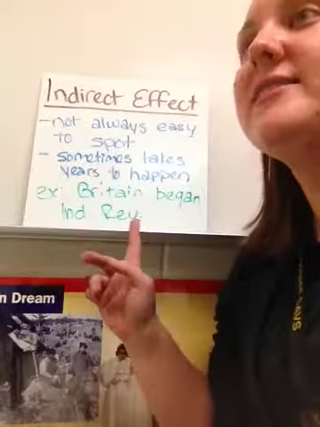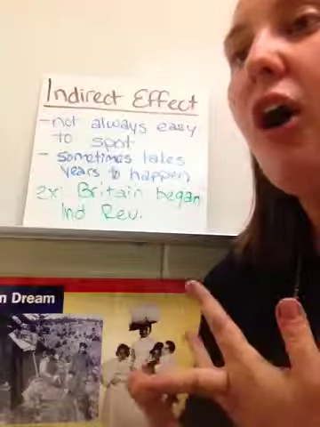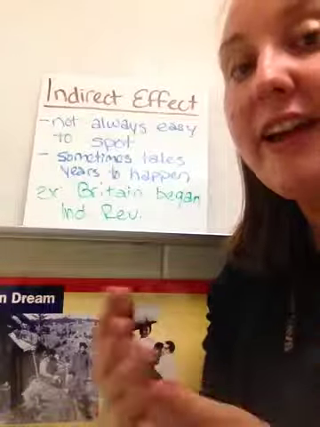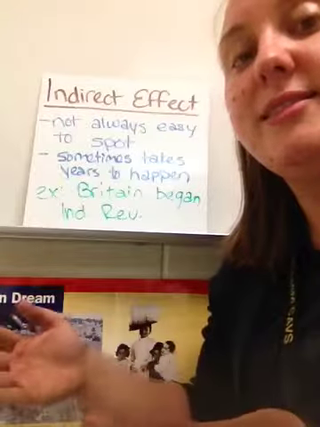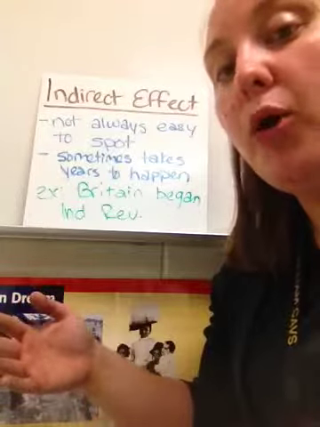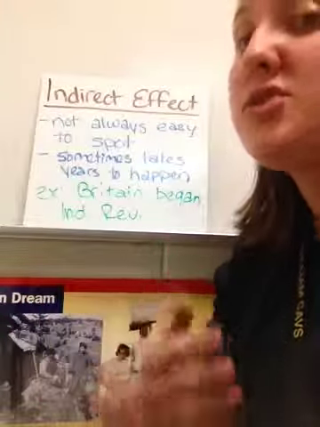So because Britain still had a stable government, Britain still had all of the money because of everything I just said about Great Britain versus what was happening to the places that were conquered by Napoleon. Britain was able to start the Industrial Revolution much sooner than those other places.